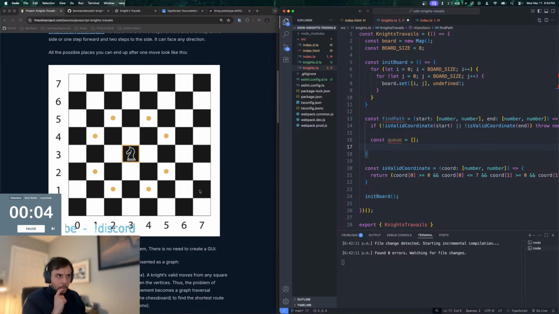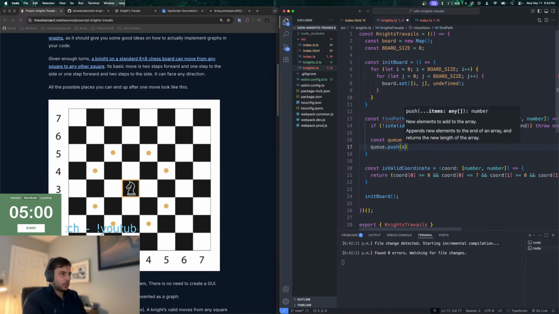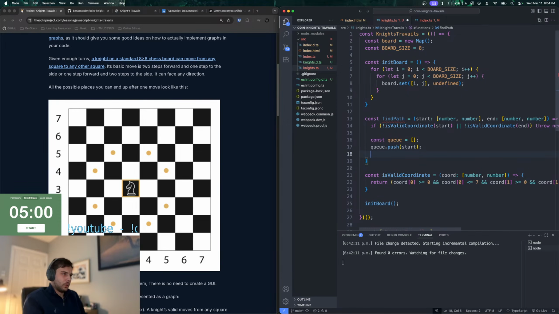All right, so we have the queue, and then I need to enqueue the start position, I think. So I can do queue.push start, and then we can do our main loop,